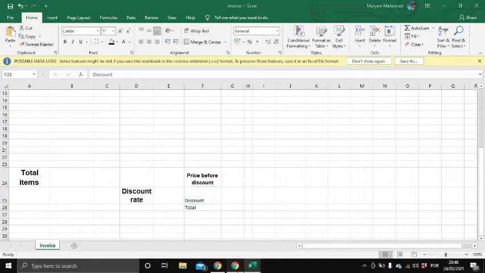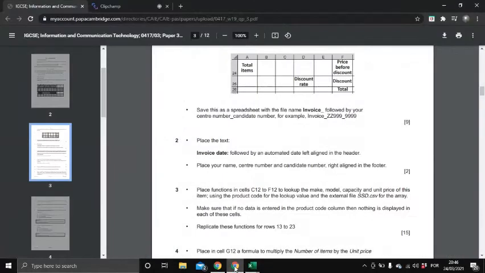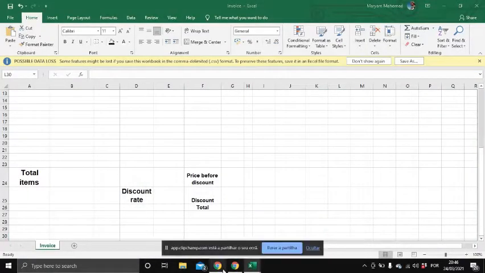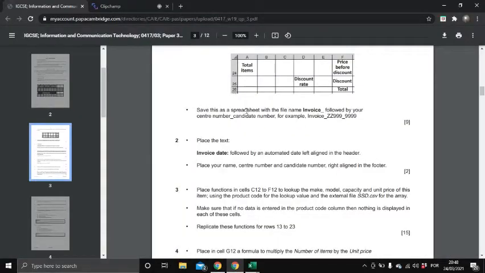Okay, next we have to change this also to bold. Okay, Arial. Then web text center. Yeah. Okay. And yeah, it's done. After we have to save the spreadsheet invoice, like invoice underscore the center number underscore